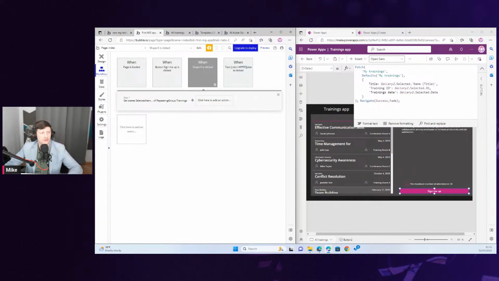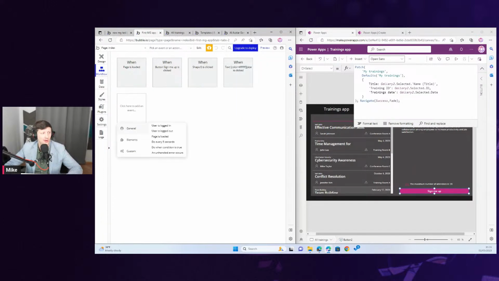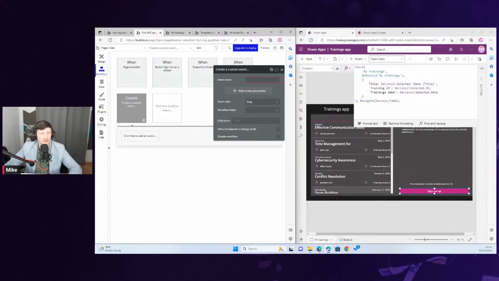The cool thing is that, for instance, let me just create a new event, and check this out. You can define what is happening whenever a user logs in or logs out, or every 5 seconds, so kind of a timer. You can define behavior when an element is clicked, or some custom event.